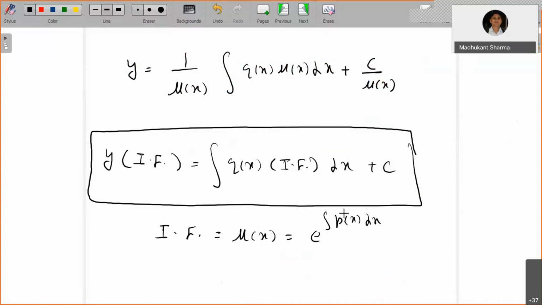When you are solving a problem, you can directly use this formula. There is no need to do this derivation, but you are certainly supposed to find the integrating factor and directly write the solution. There's no need to show that (mu y)' is equal to so and so. That's already established. So you have to find the correct integrating factor. That is the major concern when you are sticking with the final solution.